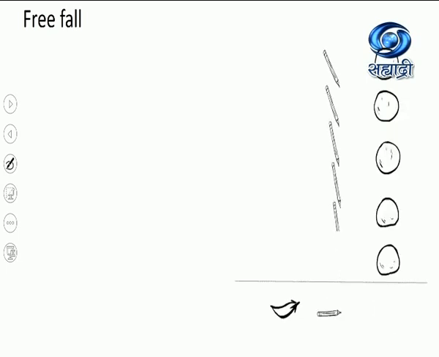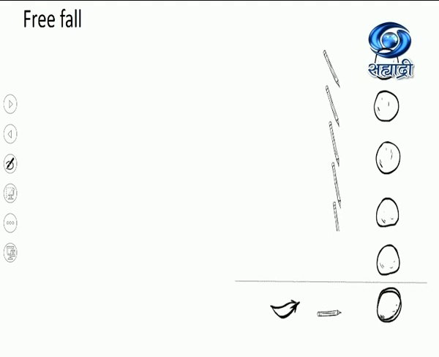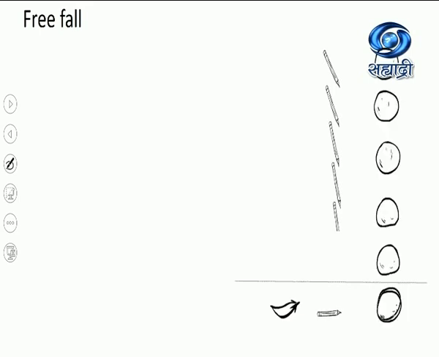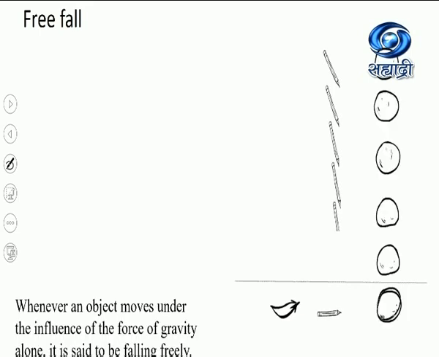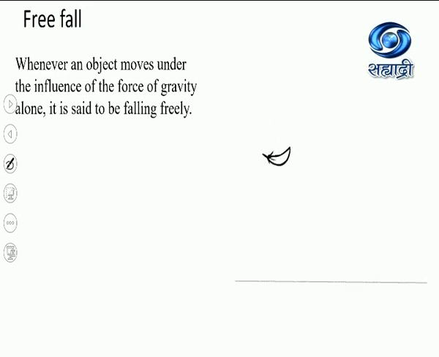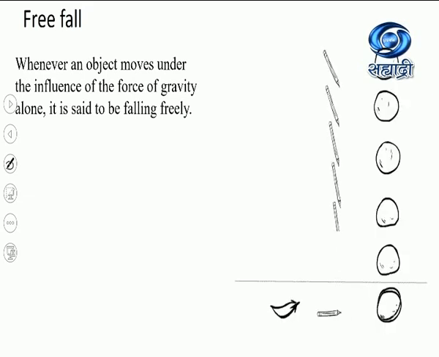What is free fall? When we drop a feather, a pencil and a heavy stone at the same time from a height, what do we observe? They do not reach the Earth at the same time. Actually, the same gravitational force is acting upon all the objects, isn't it? But still, the reaching time of all those objects is different. So what could be the reason?